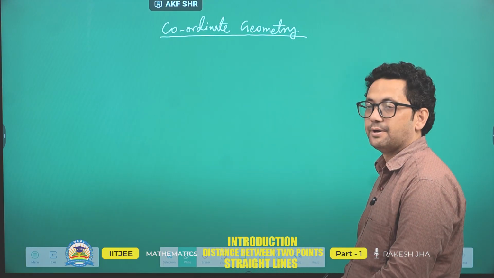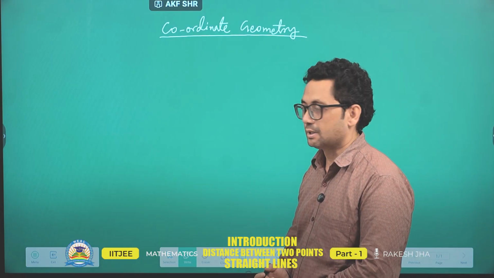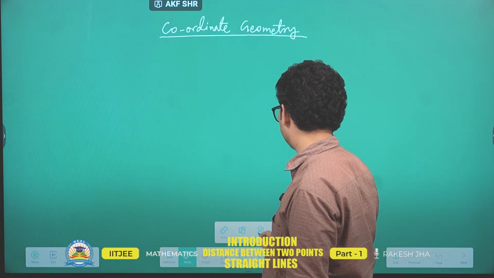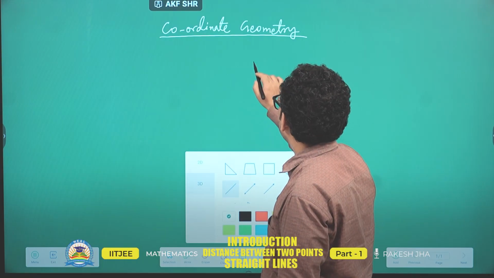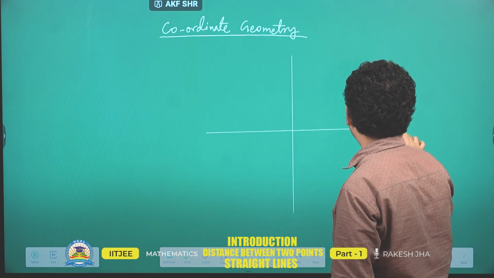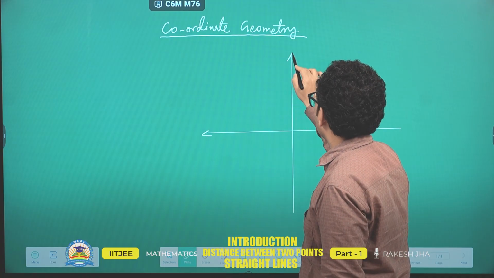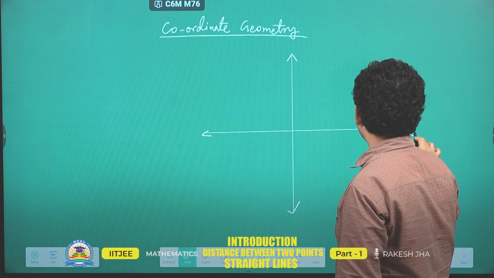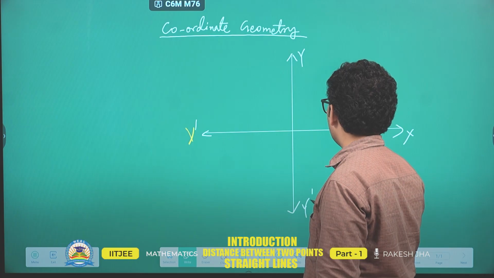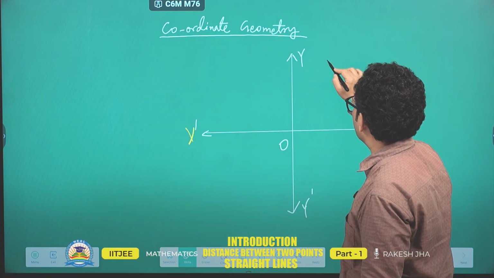In coordinate geometry, firstly we have to understand the coordinate system. So we know that we have a quadrant. We have the x and y axis here. This is a coordinate system. We say we have rectangular axes. This is x dash, y dash, O being the origin. So this is the first quadrant,